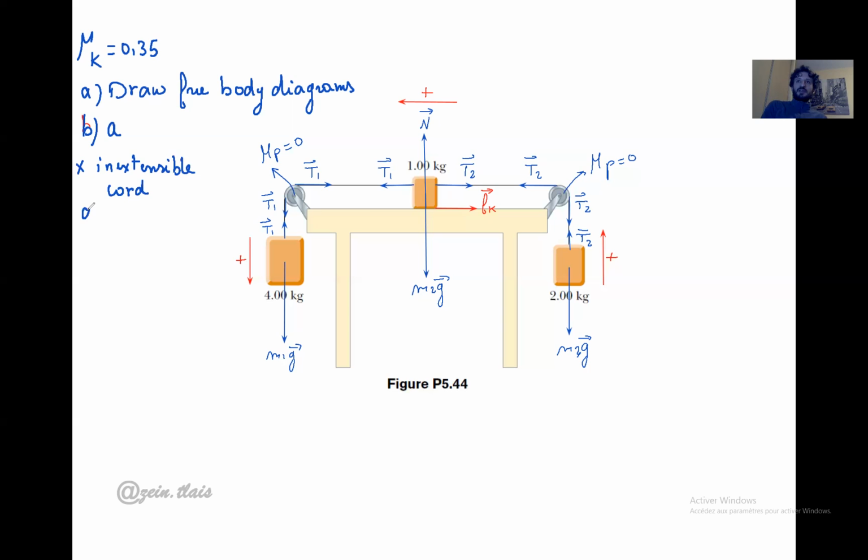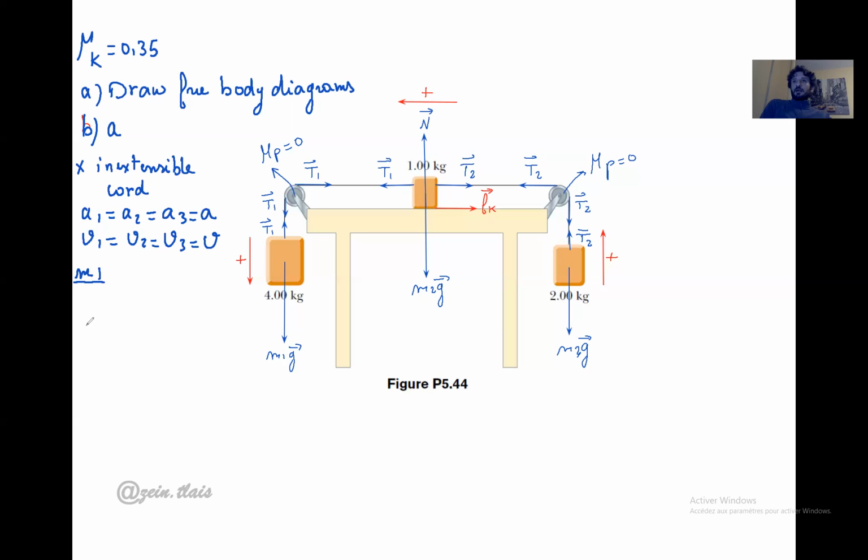In this way, we can say A1 equals A2 equals A3 equals A. And the same for V. We have the same V, V1 equals V2 equals V. Okay, we apply Newton's law on the object